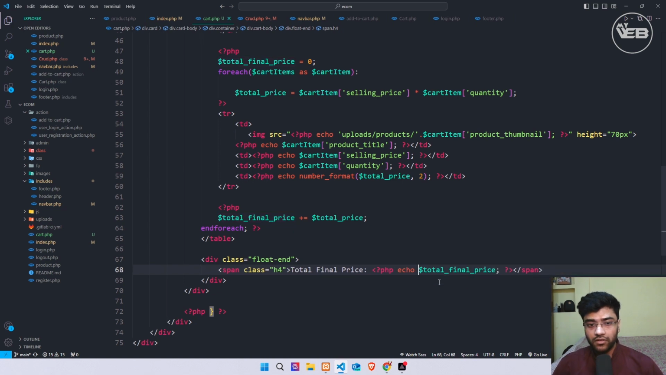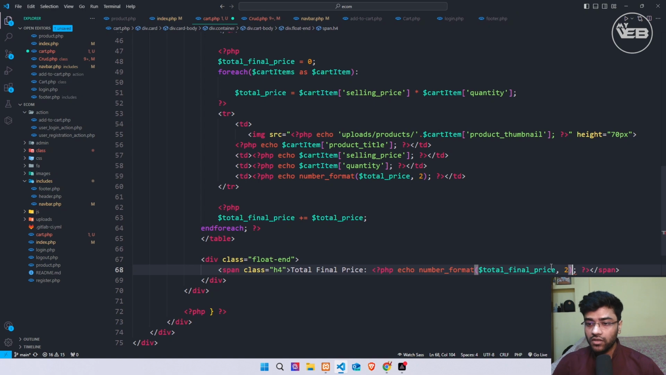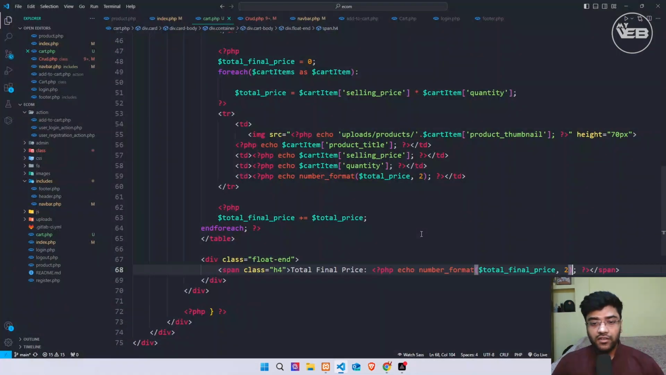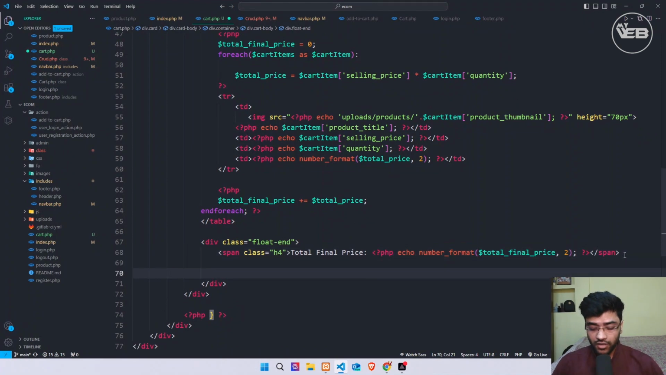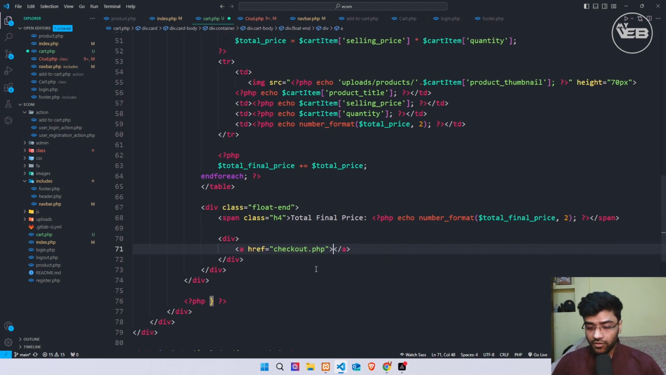So again I copied this and I paste it over here. Sorry, not here, my bad. I just copy this number_format function and print it here, comma 2, as a second parameter. Save and refresh. After that I take another div class, and I take an anchor tag, which will be my checkout.php. I will work on it later. Checkout.php, and print a message like